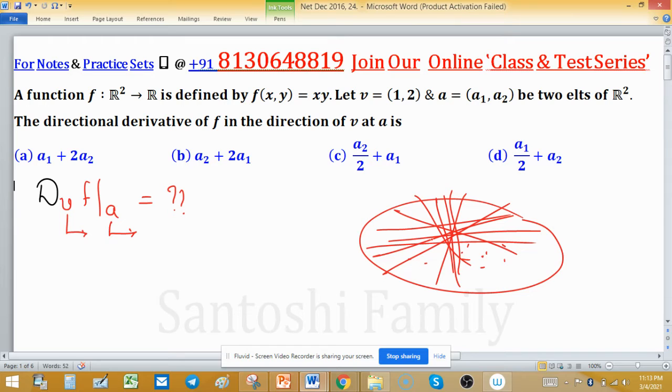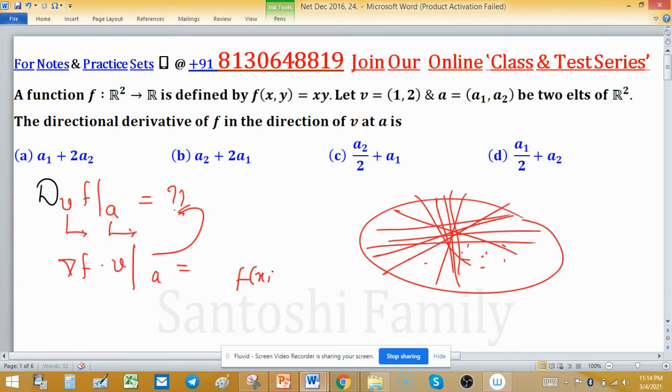If directional derivative exists in a direction, that means we are covering more points of the domain. So this is the fastest way to check if a function is differentiable or not, and you can understand what is the application of directional derivative here. Now, to check directional derivative, we simply find the gradient of the function and take the dot product with the direction vector, here v, and put the value of the point a. This will give you the directional derivative.